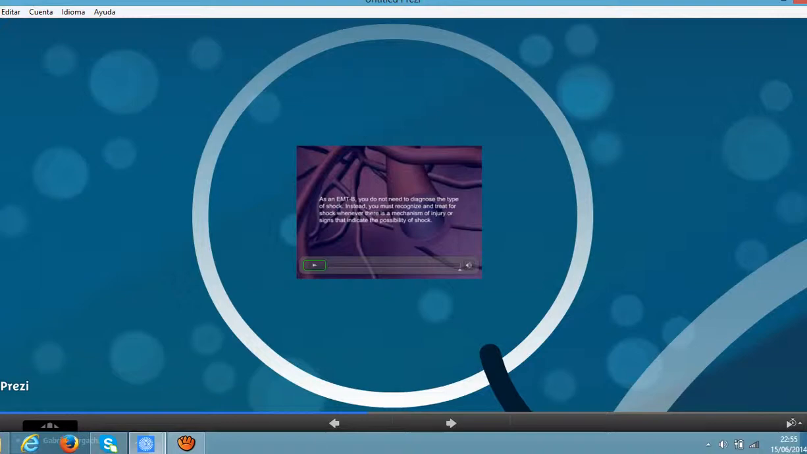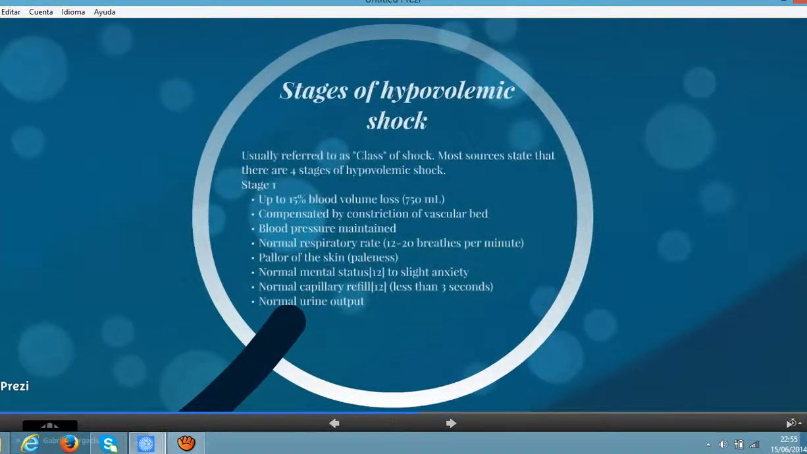Okay, carry on with this exposition. We can say the stage of hypovolemic shock usually refers to as class of shock. Most sources state that there are four stages of hypovolemic shock. In stage 1, we can include up to 15% blood volume loss, that includes 750 milliliters, compensated by constriction